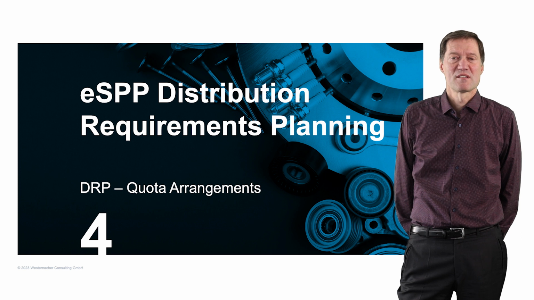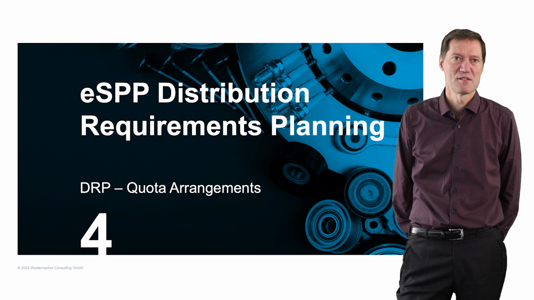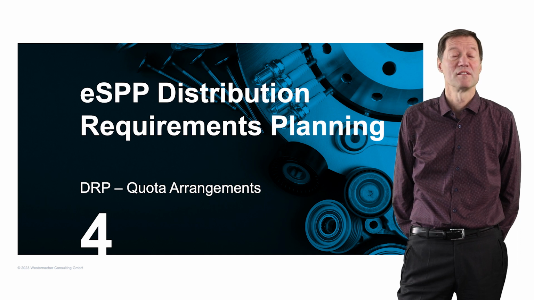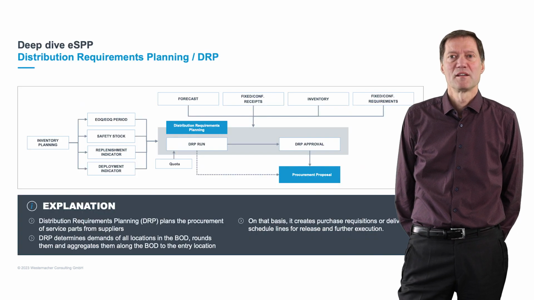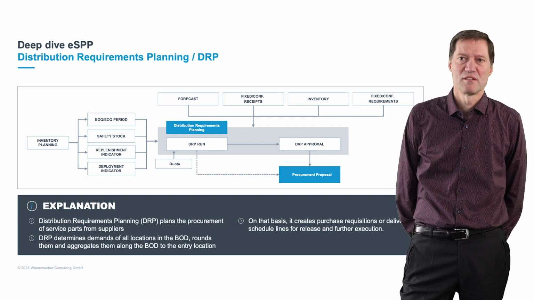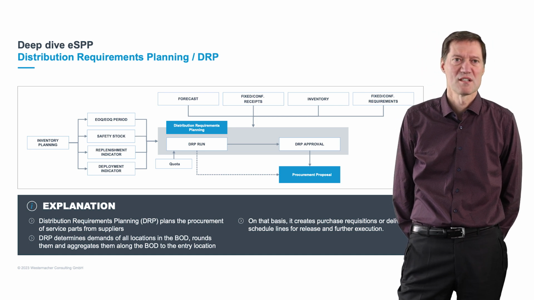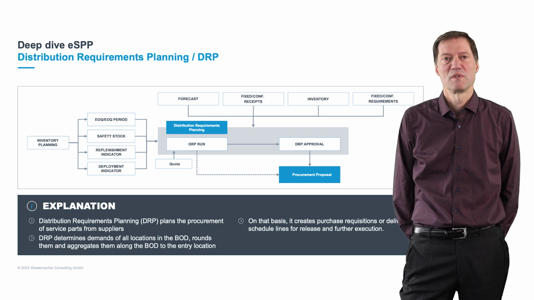Quota arrangements is a special function within DRP, within distribution requirements planning in ESPP. And today I'm going to tell you a little bit about these quota arrangements. This is a function in DRP, and DRP is the process that calculates how much we need to order from